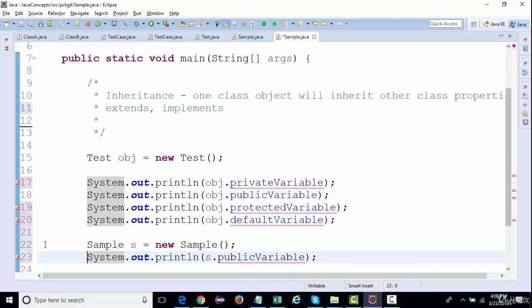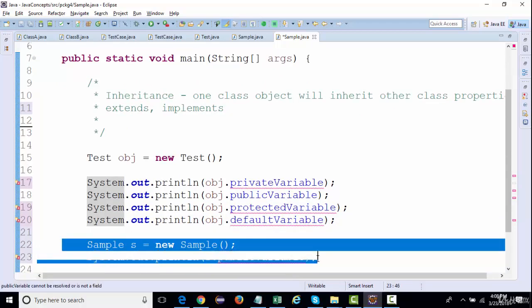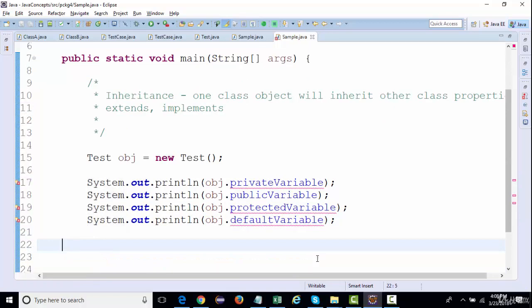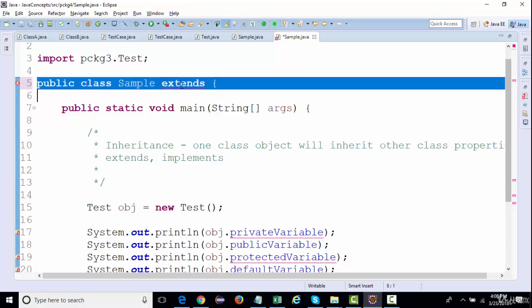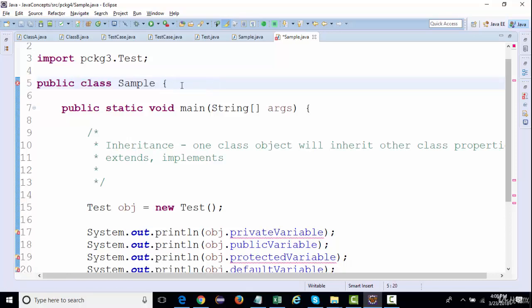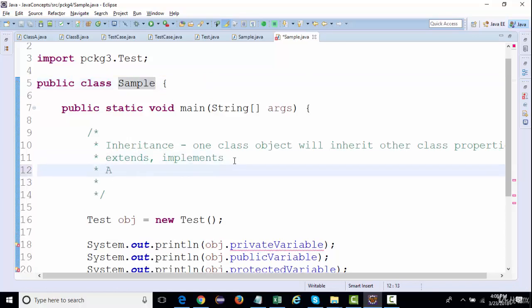To implement inheritance, we just need to add the keyword extends along with the class. Let's say there are two classes, A and B, and class A wants to access the properties of class B.